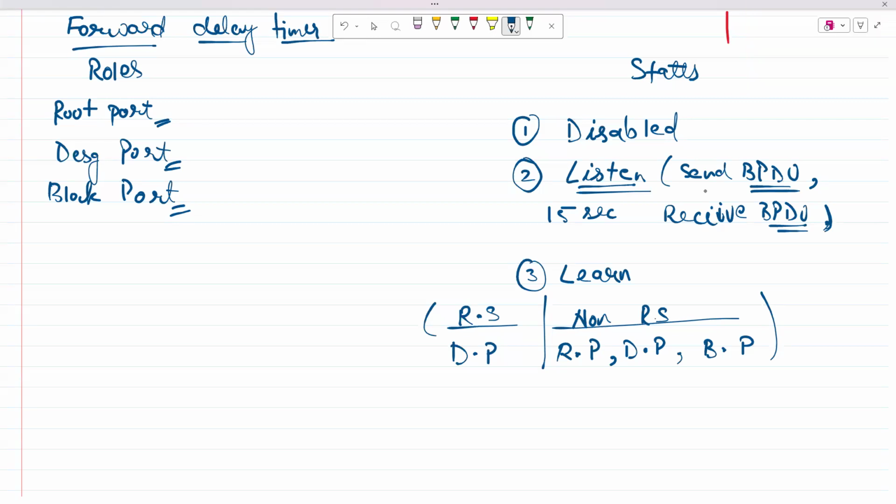Is it a root switch? Is it a non-root switch, and so on? It makes those decisions. By that time, more BPDUs keep coming also. During this 15 seconds of learning, it will continuously receive new BPDUs. It will be receiving BPDUs in the learning state as well,